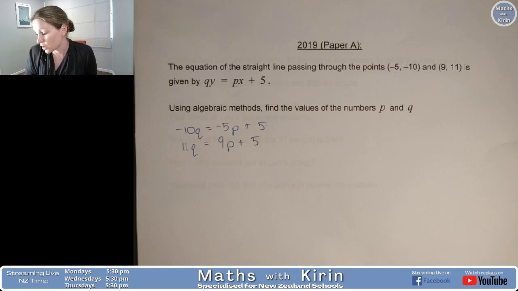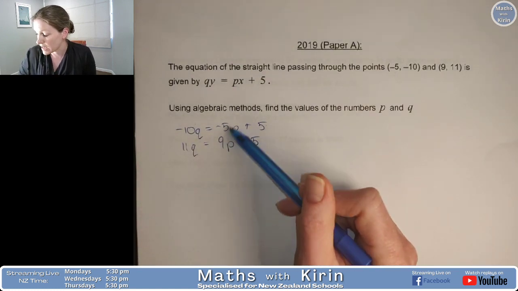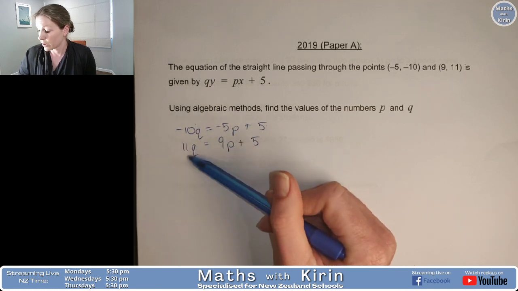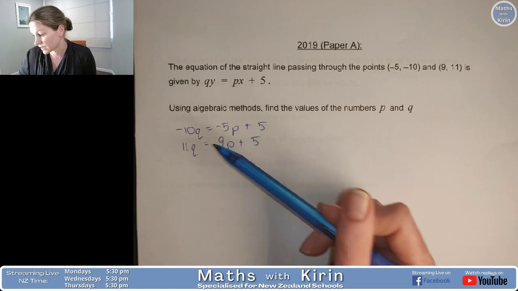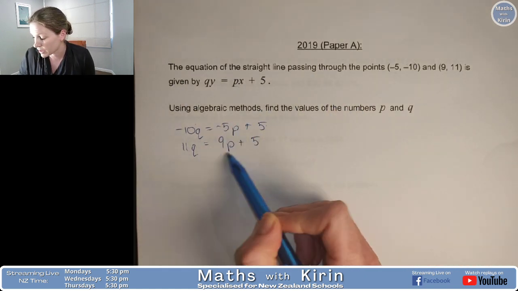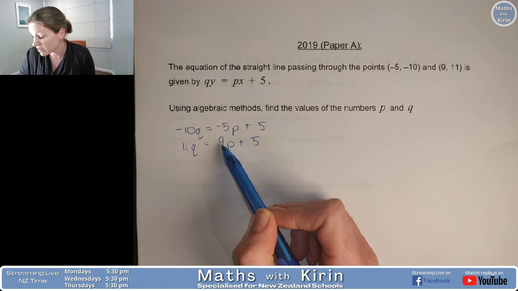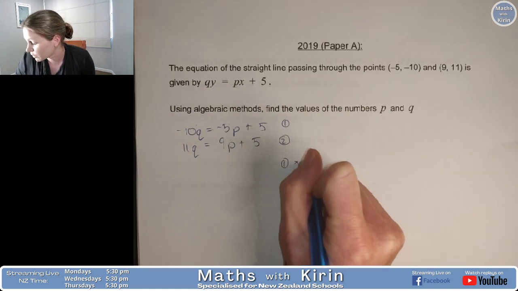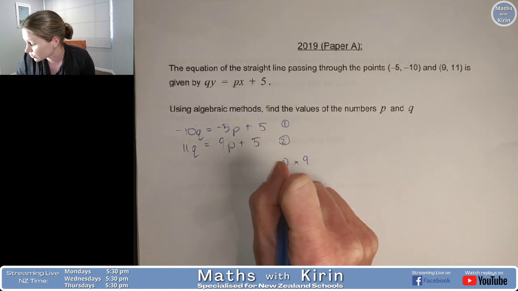For elimination, we need to get either the q's or the p's to have the same coefficient. So at the moment, we're going to need to do some multiplying in order to get that same coefficient. So I'm going to eliminate the p's first by making them 45. So that means that equation 1 is going to be multiplied by 9, and equation 2 I'm going to multiply